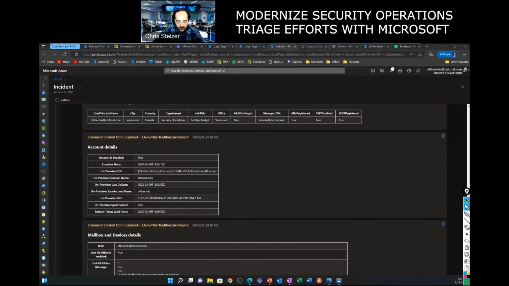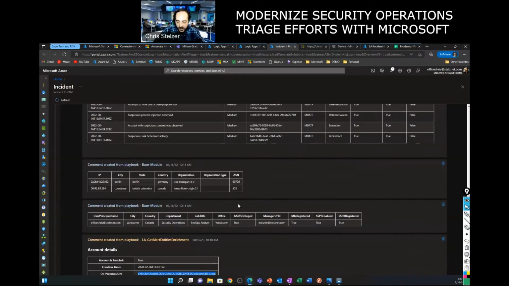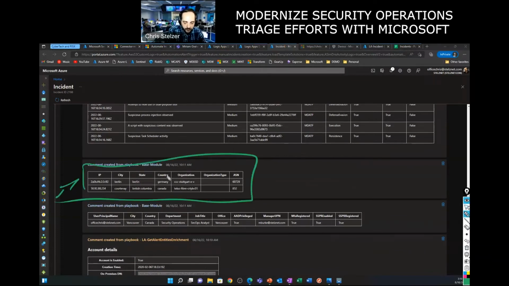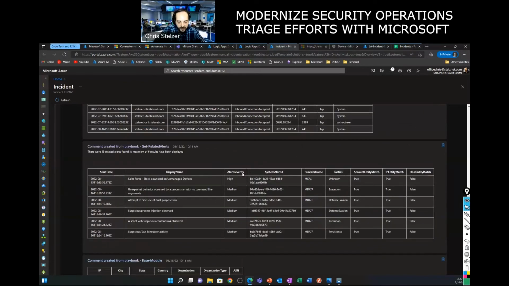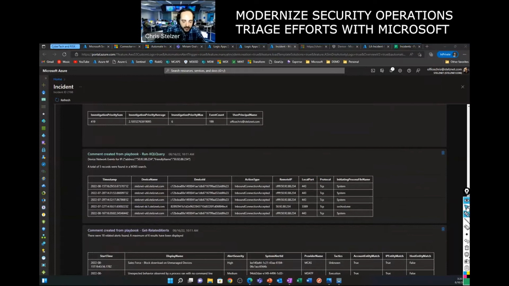I now know specifically where this account is within Active Directory, what OU, that might play into your decisions throughout the environment. I know specifically now from an IP address perspective, what these IPs are, what country they're in, what organization owns them. I can see this is a TELUS IP address that exists in a certain city. I can see all the related alerts that might exist for a user. So now I can understand, whoa, there's a lot of different alerts coming from this person's machines. I can see anywhere this particular IP address has been used in the environment.